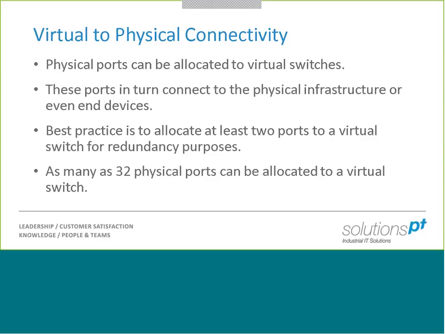Now, best practice is to allocate at least 2 ports to a virtual switch for redundancy purposes. Some people may go overboard and configure, for example, 8 ports per virtual switch, and have these really complex setups, where we're having 8 physical ports all for one single vSwitch. It's a huge amount of extra redundancy, which is over-engineered. Over-engineered is probably a good word to use, Mike. But really, best practice says that we should have at least 2 ports. If a port fails, then we've got an additional port to take over, so we don't lose any connectivity.